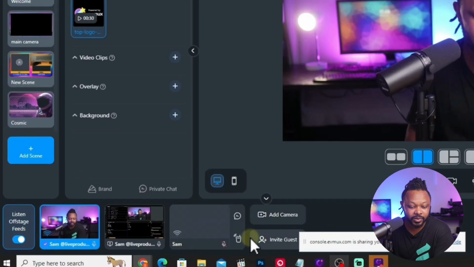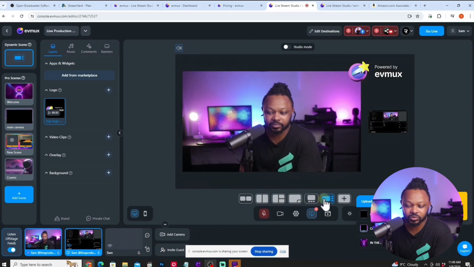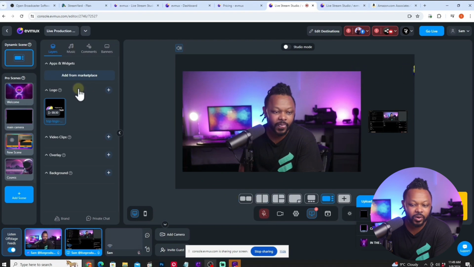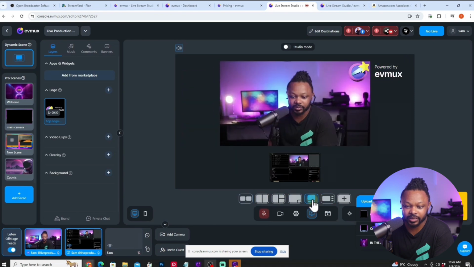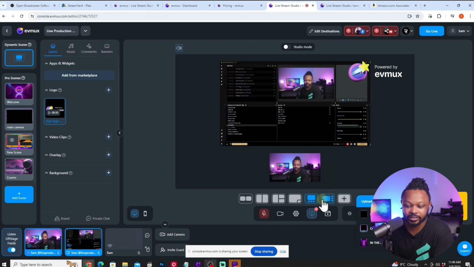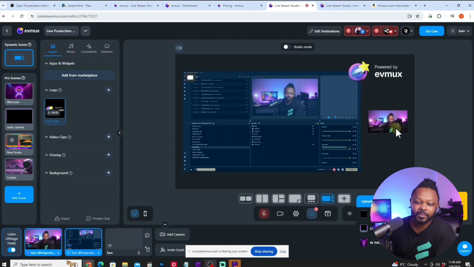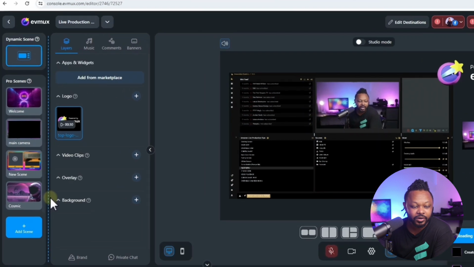So whenever I wanna share my screen, I can simply go ahead and hit add. And then I can choose a layout that actually does justice. Something like this one. Or if I wanna make it look like what I have on OBS, because this one is not that good, maybe something like this. Again, this one should be on the top here, something like this or that. Okay, but if I want to make sure it actually looks as good as what I have in OBS, I